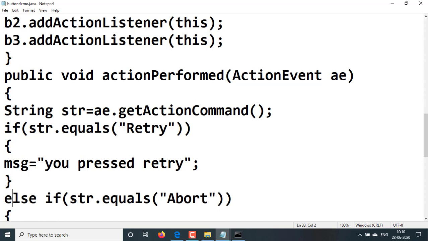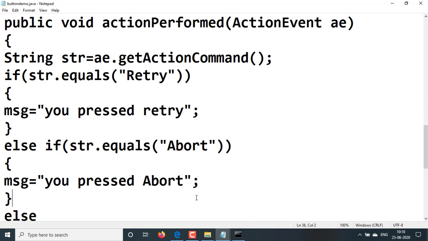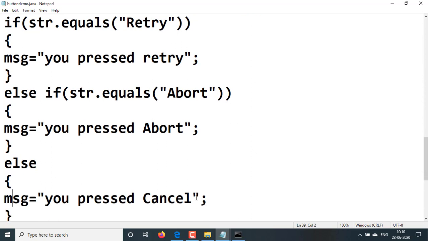Else if str.equals Abort, then we assign msg equal to you pressed abort. Next, last is the else. In this, if we have not pressed either of the above two buttons, then we have pressed cancel.